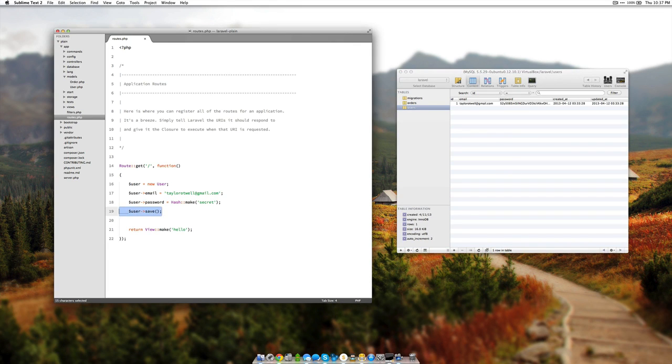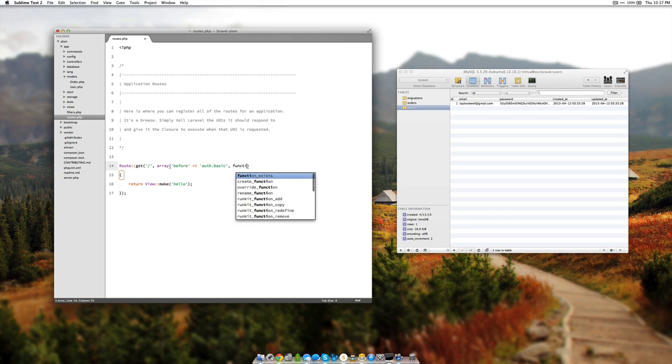So now if we want to put basic authentication on this route, what we need to do is very similar to what you do for the regular auth you're used to. We're just going to say before auth, and instead of just plain auth, we'll say auth.basic, and then our callback. And that is all there is to it. We are ready to authenticate. So now if I hit that route,